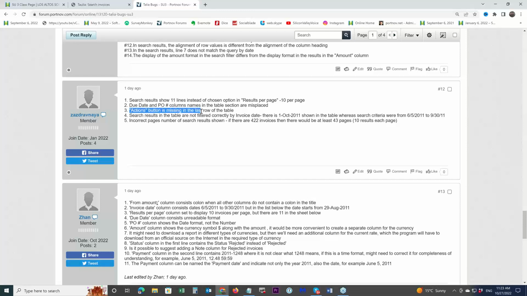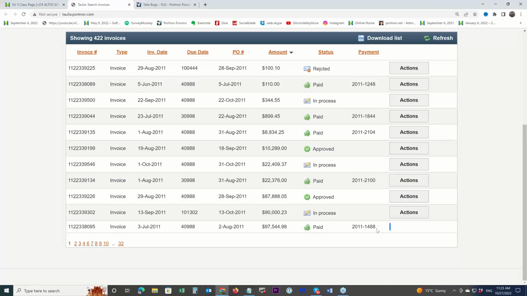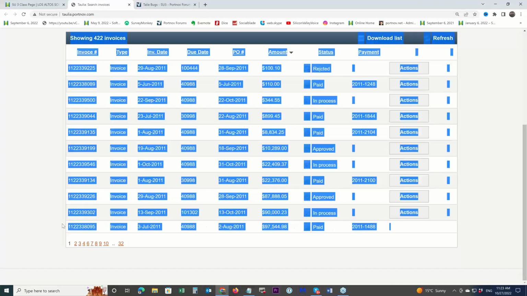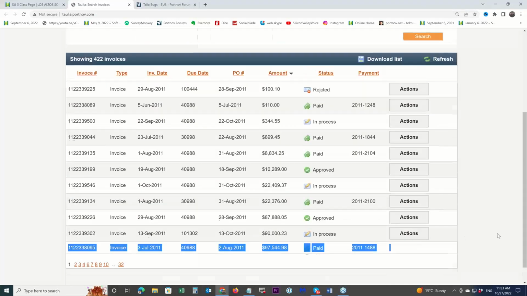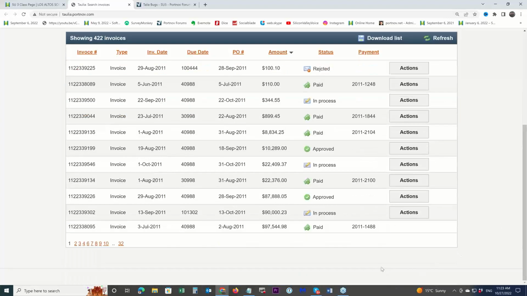Okay, actions button is missing in the last row of the table. That is the bug which comes with some discussion. See, the row number 11 shouldn't be here because it is supposed to be 10. Yeah, it says 10. But it shouldn't be here, but it is there anyway, and it doesn't have that actions button. All rows do have the button, and that one doesn't have the button.